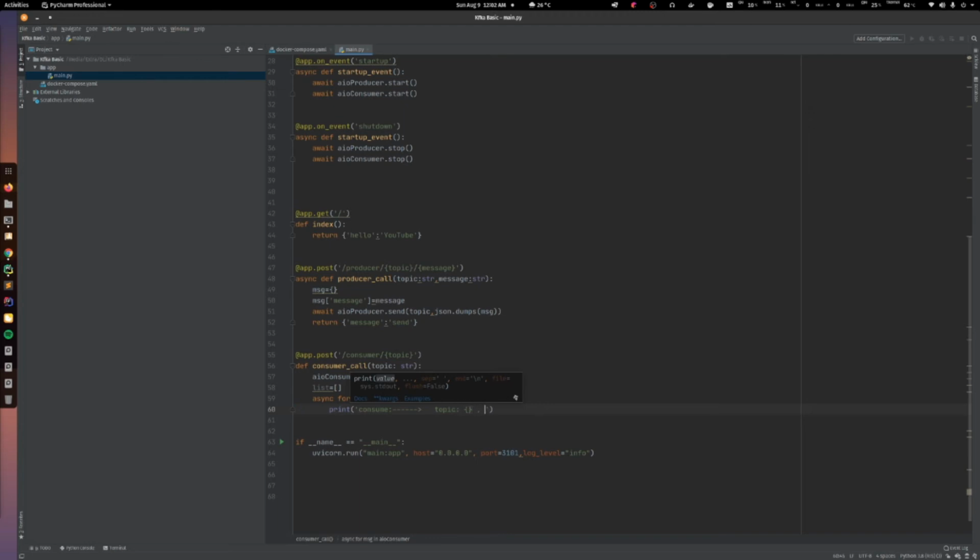Then I need to check what the message is, and I need to check what the timestamp is, which time this message was actually produced.